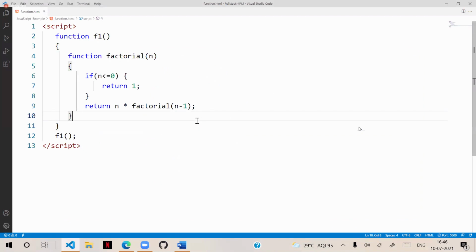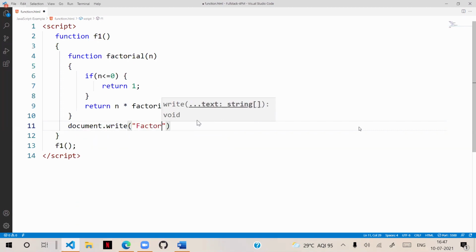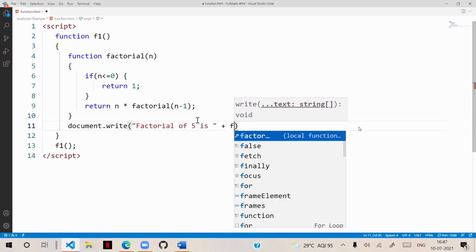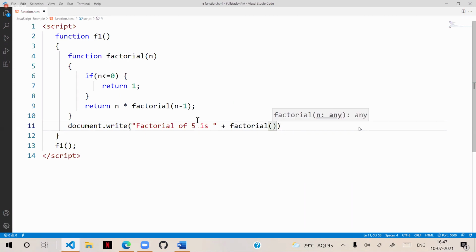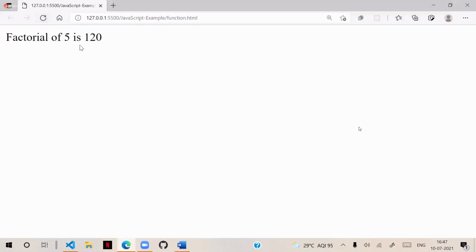So whenever I access the factorial, that means document.write, factorial of 5 is, we have to call the factorial and pass the 5 into it. That means the factorial of 5 is, it will return that 120.